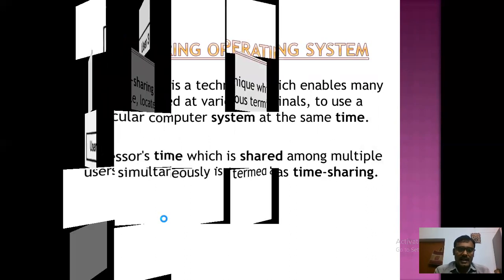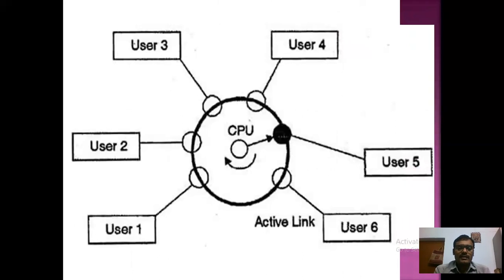You can understand this with the help of this picture. Suppose in this picture there are 6 users, and all the users have different tasks which are given to the CPU, and the CPU is processing all the tasks at the same time. It means the CPU is processing all the tasks simultaneously. But what is actually happening here is that the CPU first gives a fraction of time to the first task,